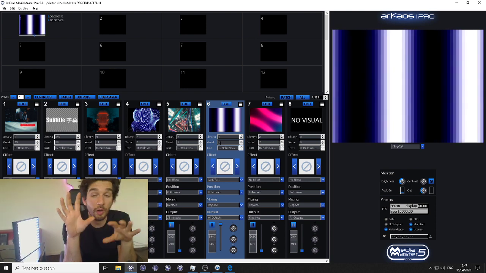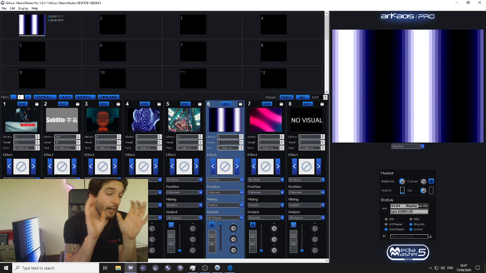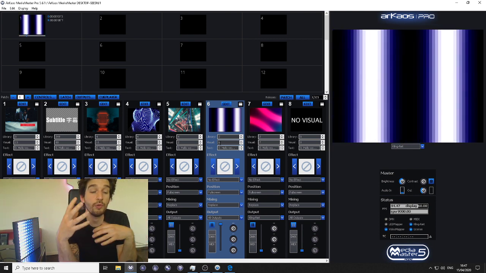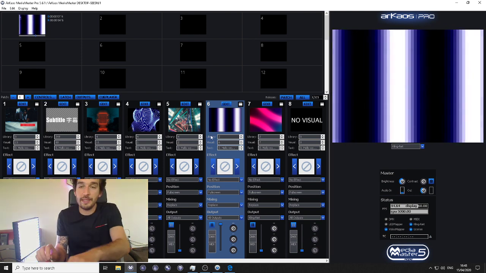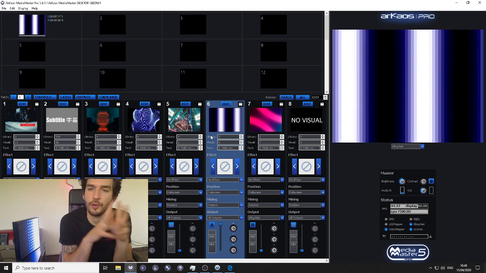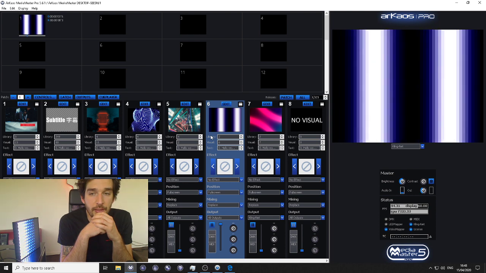So for now, video mapper and ClingNet mapper are two separate ones. We are looking in the future to combine and merge the two, so you could easily combine a big mapping of pixel tape with LED screens, with projections, things like that. So for now, you have to do it in the two separate software.